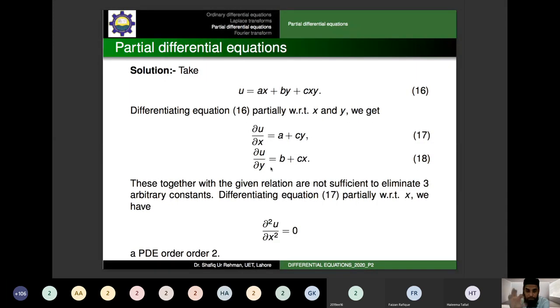But what about the mixed derivative? 17 could be partially differentiated further with respect to y, or number 18 could be partially differentiated with respect to x. And we know the condition: if the function is continuous, then the mixed derivative, partial 2u upon partial x partial y, would be the same as partial 2u upon partial y partial x. Order does not